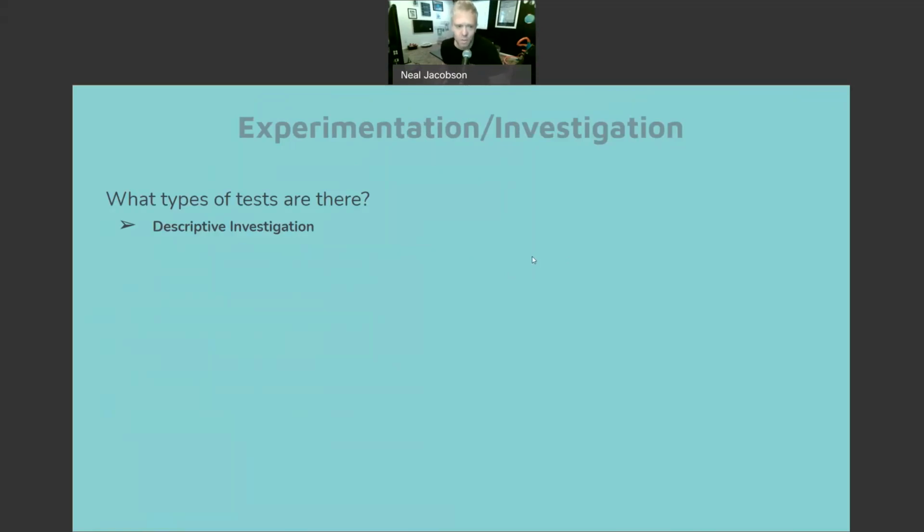There's several types. And the first type is about the easiest you can get along with, a descriptive investigation. That's where you don't have to do an experiment. You don't have to manipulate anything. You basically bring your test equipment, your recording equipment or your measuring equipment to the site or location that you want to test, or you could bring the stuff that you're testing to you. But either way, you're not manipulating them as much as you can. And so observations are used to answer a question.